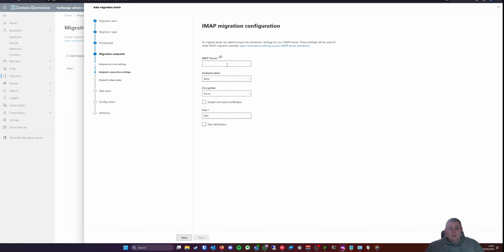The next section, guys, is it's going to ask you for the IMAP server. This is where you need to find out what your IMAP server details are. You can either contact the technical support of the company that you are migrating from if you're not very technical, or you can go onto Google and simply Google IMAP details and the host name that you're moving from. For today, as I said, I'm going to be migrating from Eco Web Hosting, so I'm going to pop in here the Eco Web Hosting server details. Their IMAP name is this one here. So it's going to be